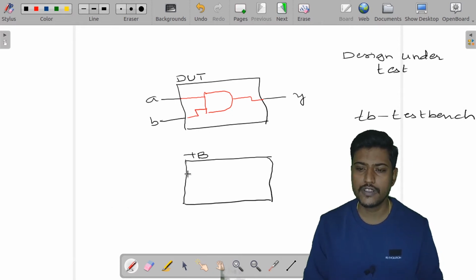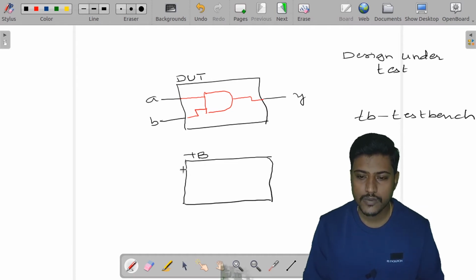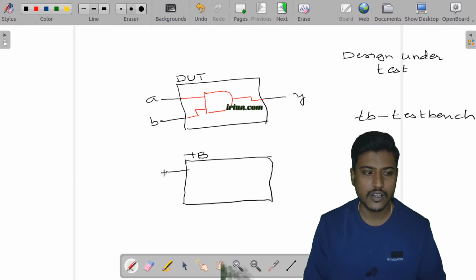So in the test bench, we need to generate inputs, right. How these test benches are connected: let me consider this, I will name this particular port. So I need two different inputs to be driven from here.